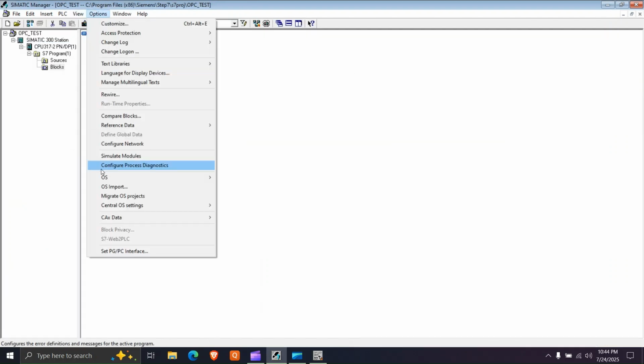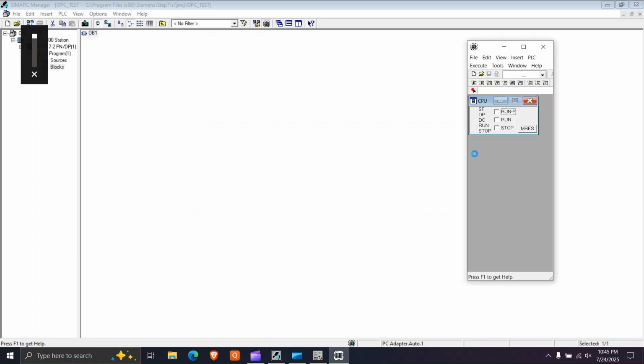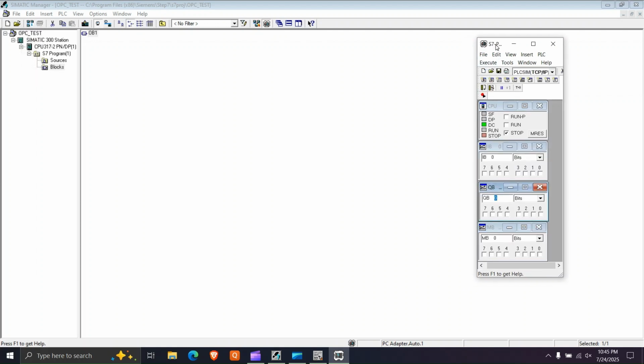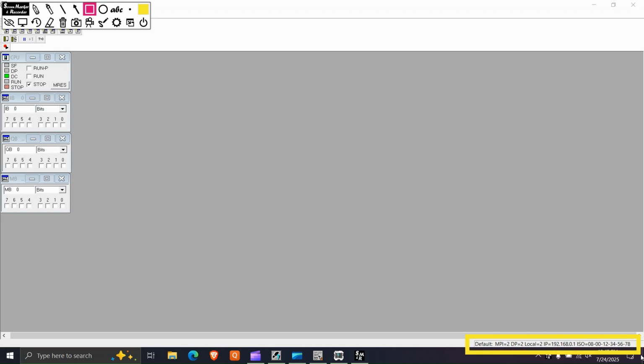Now I'll go to options, simulating modules. I'll maximize it, and as you can see, we do have CPU, IB, QB, MB. It makes the PLC simulation run. This is our physical input, this is our output, and this is our memory bit. Please do remember, we do have a default MPI, DP, local address, IP address here. We'll be using